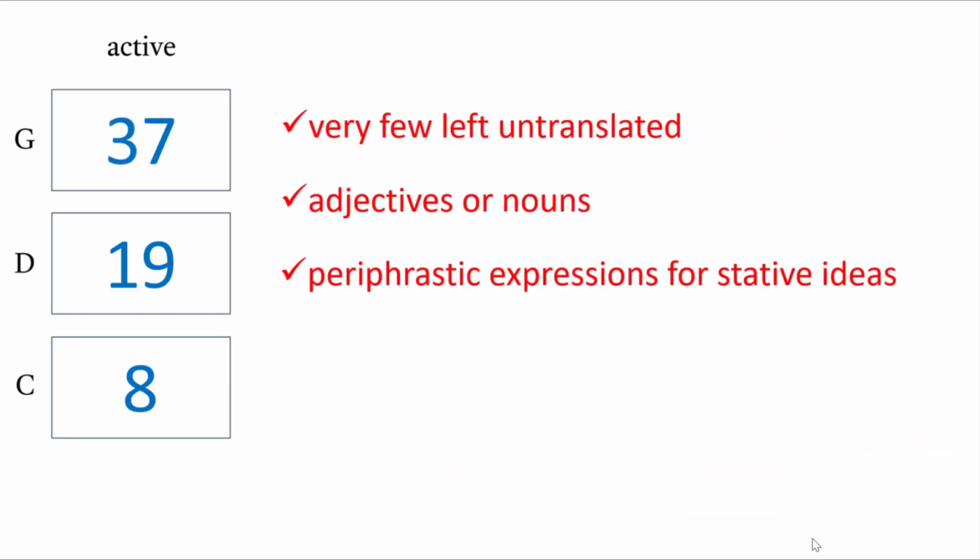What have we learned in looking at this subset of not using a verb, to translate? Well, Onkelos left very few untranslated nifals. He feels free, apparently, to draw upon adjectives and nouns when just his linguistic resources probably drove him to that. And again, adjectives are very good translations for some of these verbal adjectives, participles. And then for stative ideas, he felt comfortable with periphrastic expressions. Stative ideas in Hebrew. Maybe he didn't have a stative idea in a verb in Aramaic, so he used be, with the stative idea, however was best to render it.